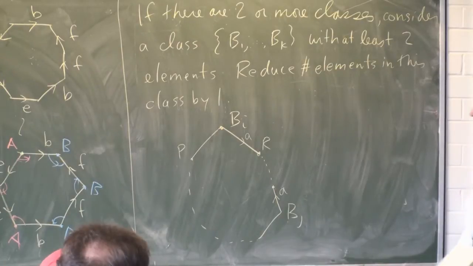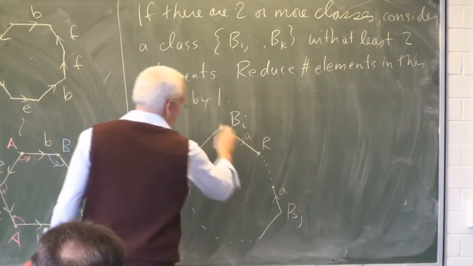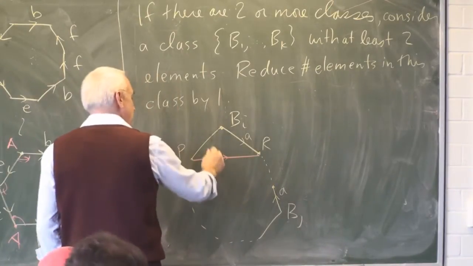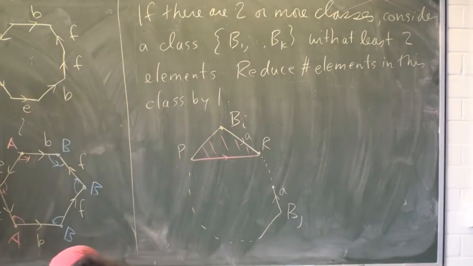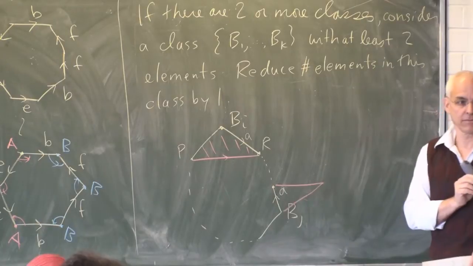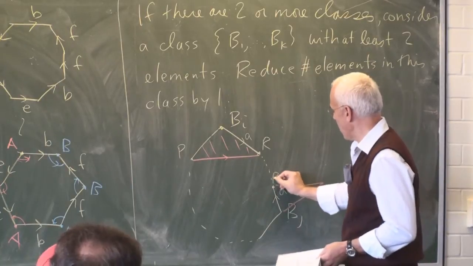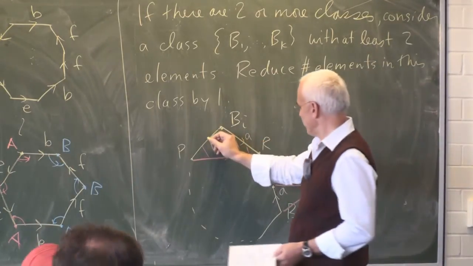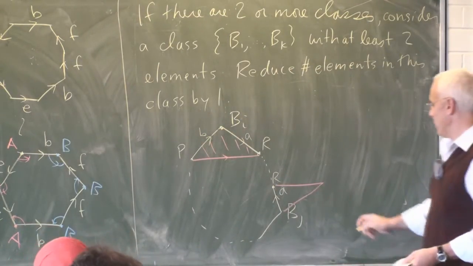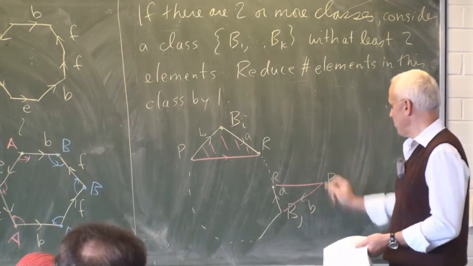Okay. What we're going to do is we're going to cut and paste. So we're going to take this occurrence and we're going to cut there. Okay. So we're going to cut, forming a new edge, and we're going to take this piece here, and we're going to take it and move it and adjoin it right there. Okay, so what happens there? Well, the BJ, and this has got to be R, the BJ is there. Let's call this B, let's say. So there will be a B here. This will be the vertex P.